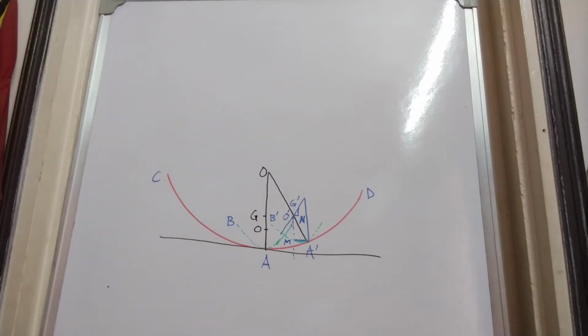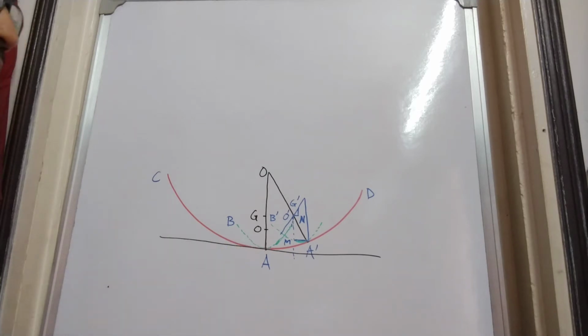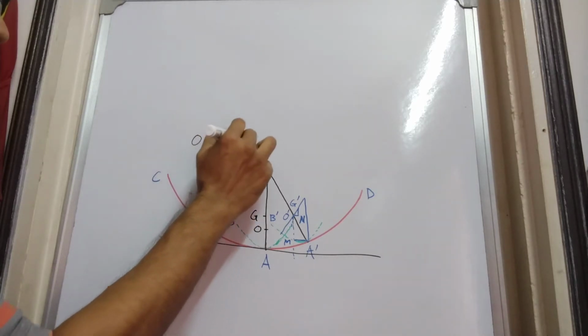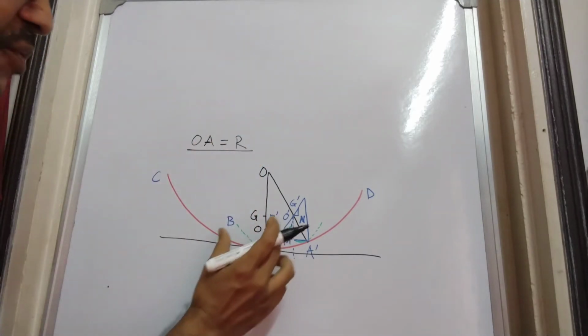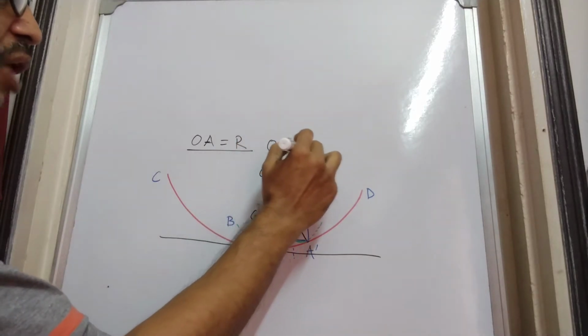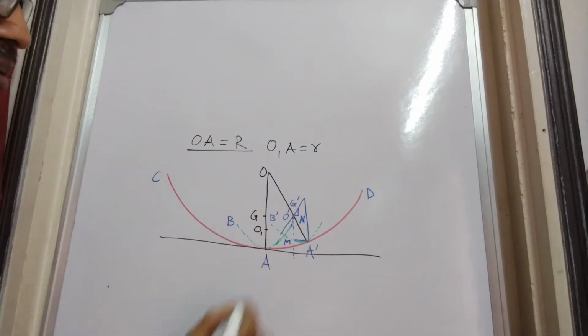We assume that the bigger body CD touches the ground level at the point A, and its radius of curvature is denoted by OA equal to, let's say, capital R, while the smaller body, which is inside the bigger one, has radius of curvature, say, small r. Let us denote the position of the center of curvature by O1,